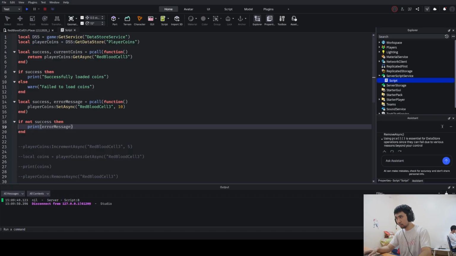The reason we're doing an error message instead of a new variable is because we're not returning anything down here. All we need to do is know whether this was successful or not, and if it wasn't, then we're going to print out the error message. So that's why there's a slight variation with